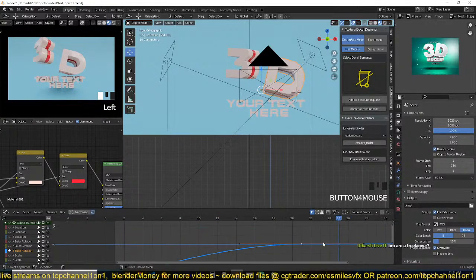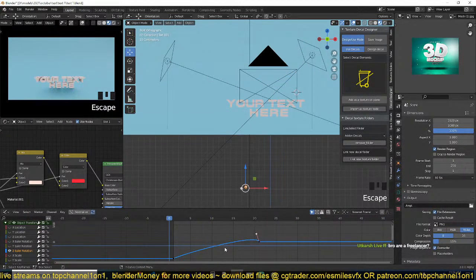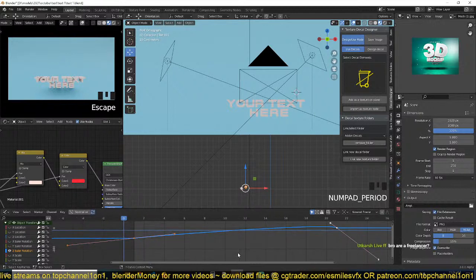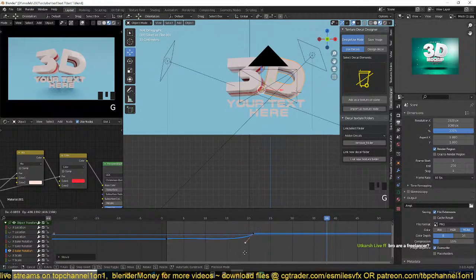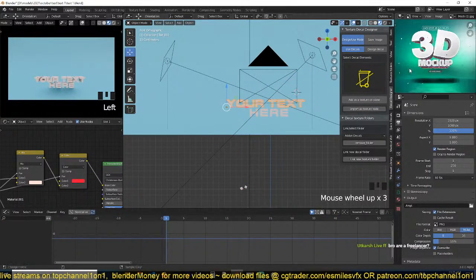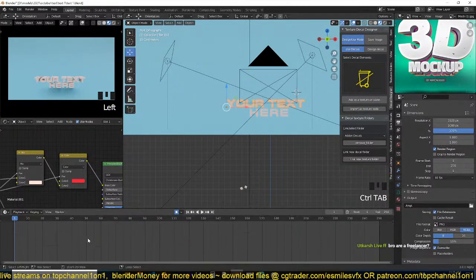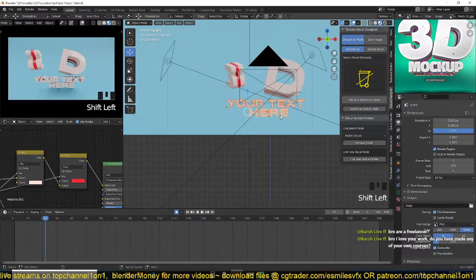Anyway, so come to this. I'll do the same for the rotation here. Let's see. Let me just make this a bit exaggerated. Okay, let me bring it down and see. I think we are not going to do this for the rotation. It doesn't really look as good. But what we can do is animate the text a bit to come after this jumps in at around here. You can also do the same for